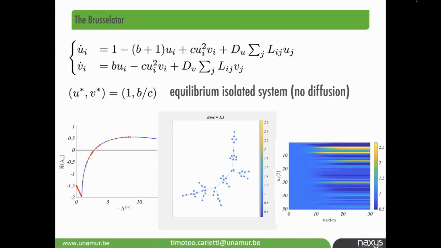And so this is the example. So you plot here the dispersion relation. Here you have the system that is evolving on the network. And at some point, you will see that there are some nodes that will acquire a large density. They will be the nodes with the higher degree. Indeed, one can prove that nodes with the higher degree will have a higher amount of density. Here it's the same plot. I'm sorry, this is not nodes, it's times. The same plot where I show you u_i as a function of t with this stripe-like pattern.